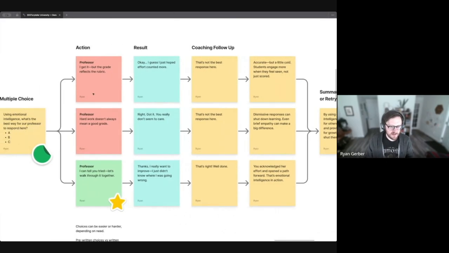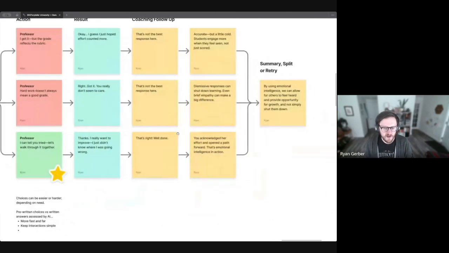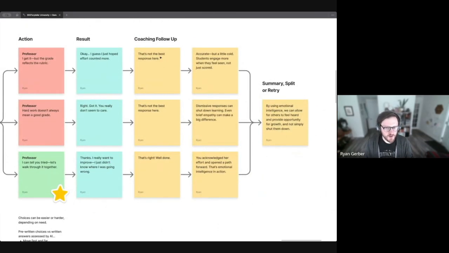In some of these cases, I've labeled these red. These are our less desired outcomes. Of course, these answers are probably pretty normal in this case, but we have one preferred one, which I've starred here. And then based on that, our host comes back in with what I refer to as a coaching